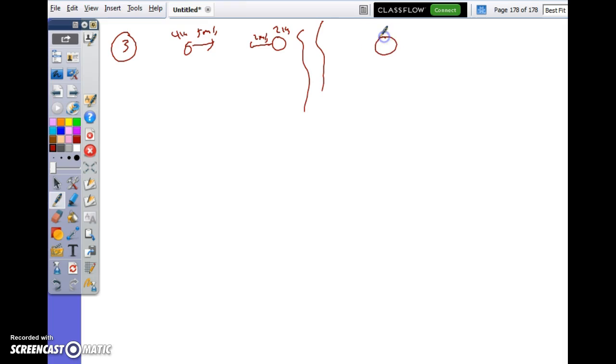So I've got ball 1, which is 4 kilograms, which I'm going to draw as going this way, although it might not be. I'm going to call that B. What do you want to call that? Velocity of the big ball? BB. Velocity of the big ball. And then I got 2 kilograms. The 2 kilogram, what's its velocity? LB. Little ball.